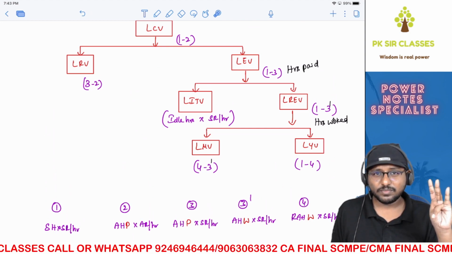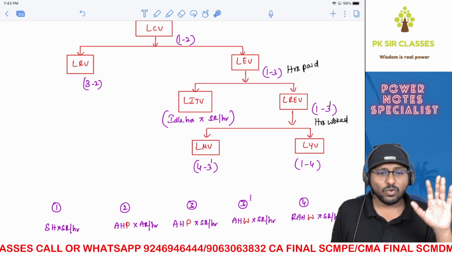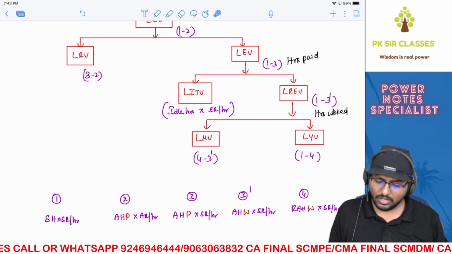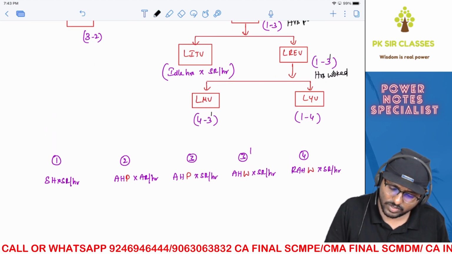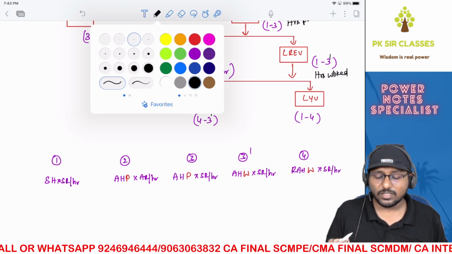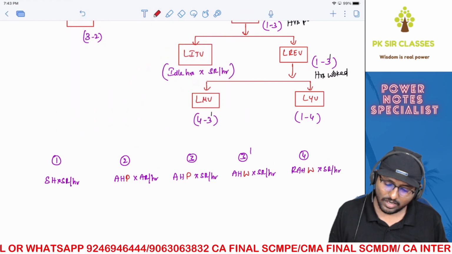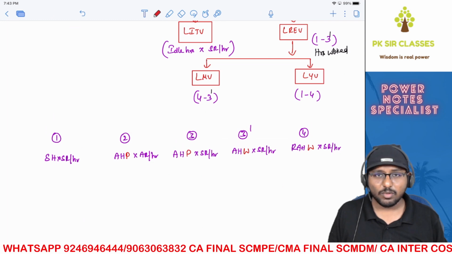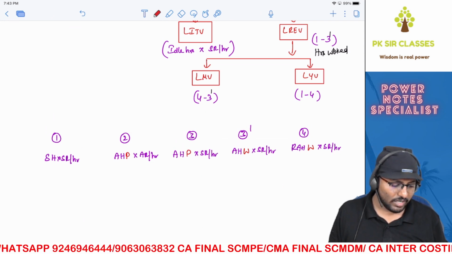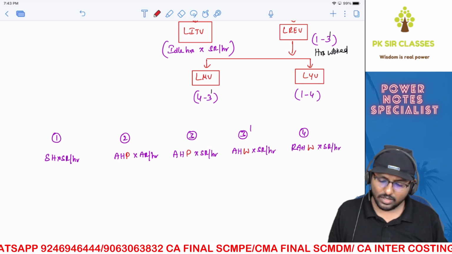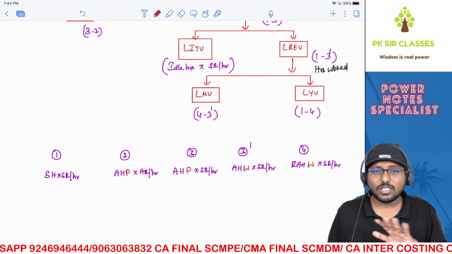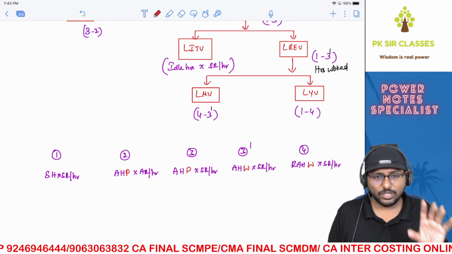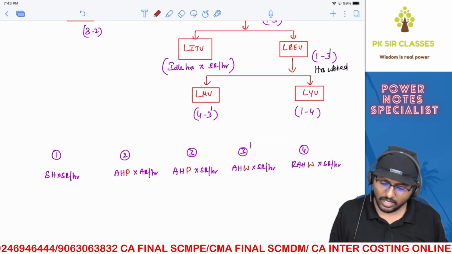Does it make any sense? Ask any ranker and tell me who has not written notes thinking that it will be a waste of time, and then we'll discuss everything else. You got the point? Sometimes when you are not as experienced as us, we have been in the teaching career for 10 years and I have seen thousands of students and thousands of attempts and thousands of results. Are you able to understand? So obviously you can give us the benefit of the doubt. So the logic is very simple. Write notes, ensure that you remember till you write the examination, you will clear the exam. Are you able to understand? Chalo, as simple as that.